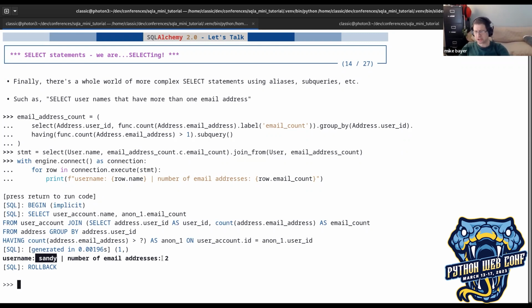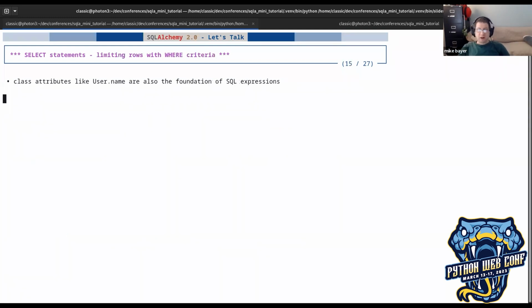And Sandy has 2 email addresses. And the other users that have 1 email address were not included because we filtered them out using having. So this is just kind of where this is going. Not really in this talk, but when you learn SQLAlchemy's special language, this is where you go with it. You can make composable structures. So back to, that was kind of a jumping ahead preview. I don't know why I put it there, but anyway,